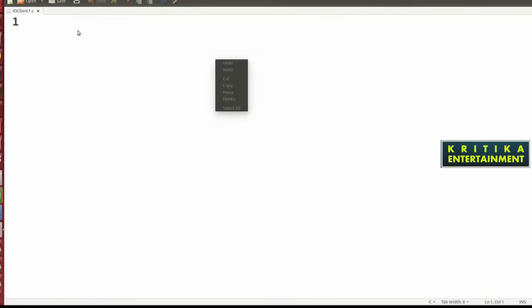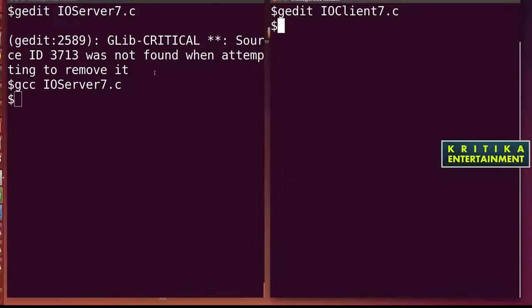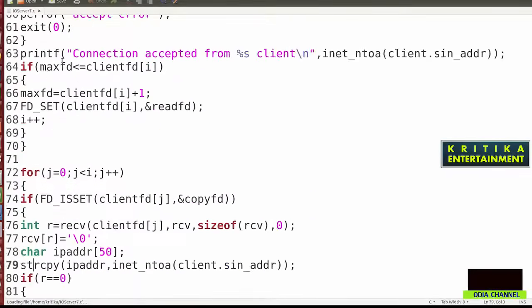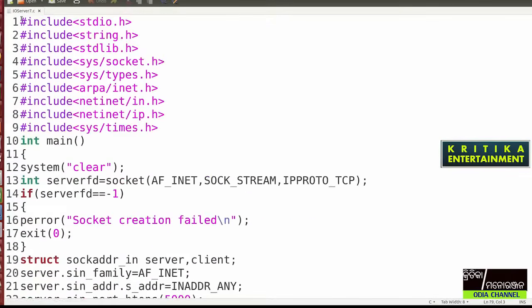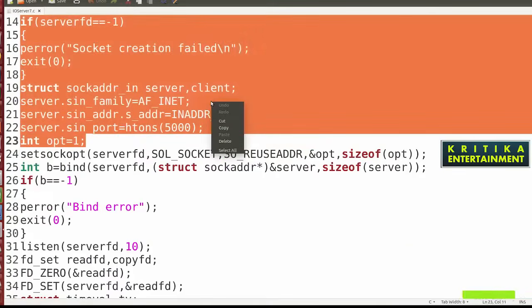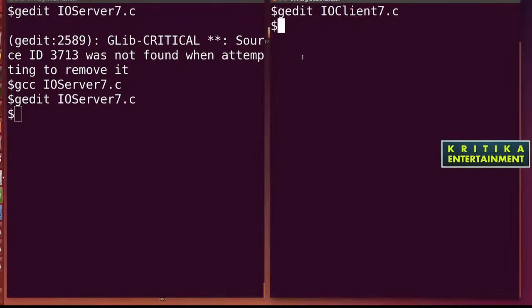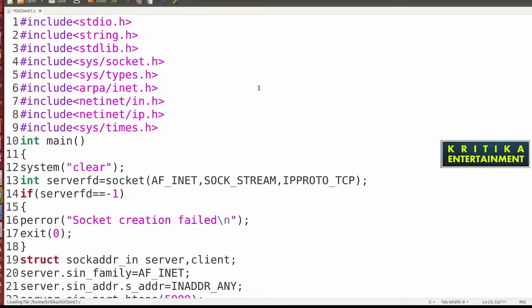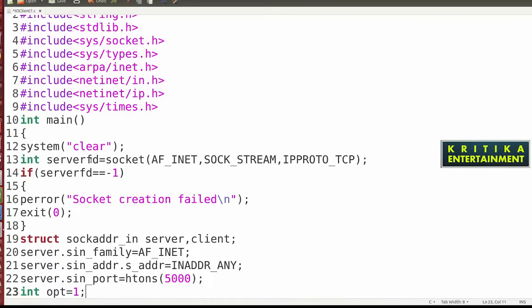I think I will not copy here, so I'll close this. So go again and copy these lines, up to this, copy and close this, then again go to this line, then here I'll do the paste, okay, and remember here